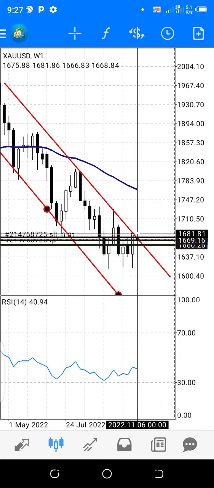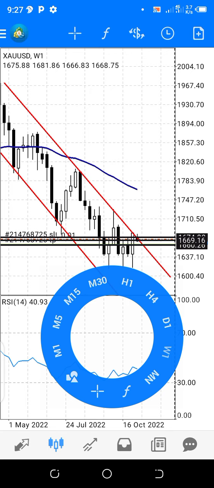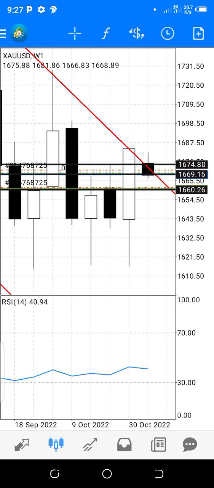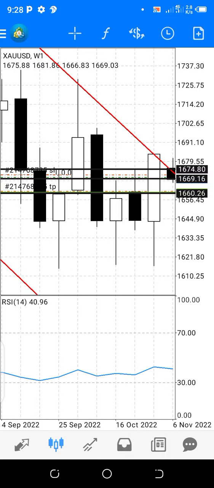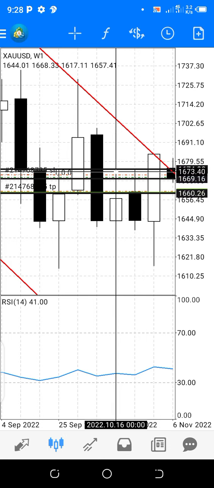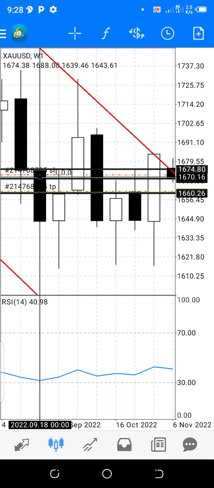So now, the next thing to do is to go for the daily. In this weekly setup, now go for the major resistance and support. You can see there's a resistance here. If you look at this portion, number one, look at this portion, number two. So it's this line